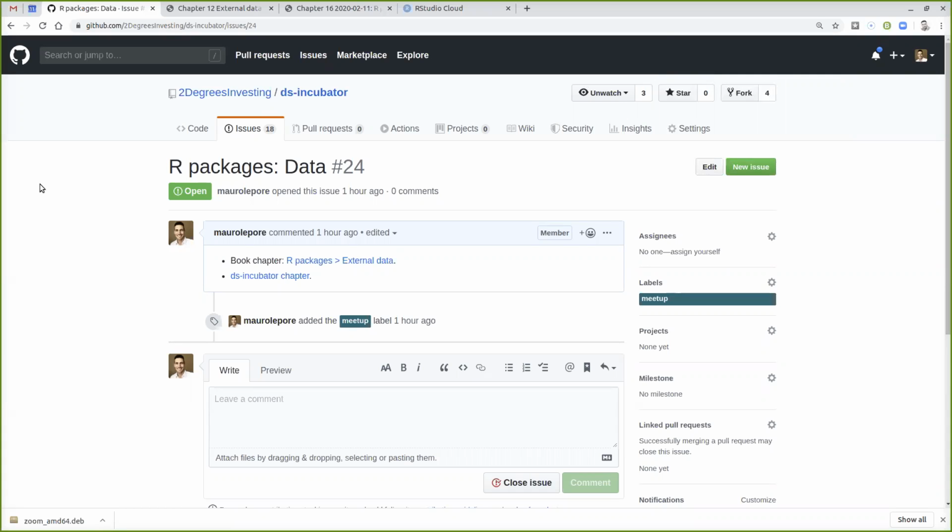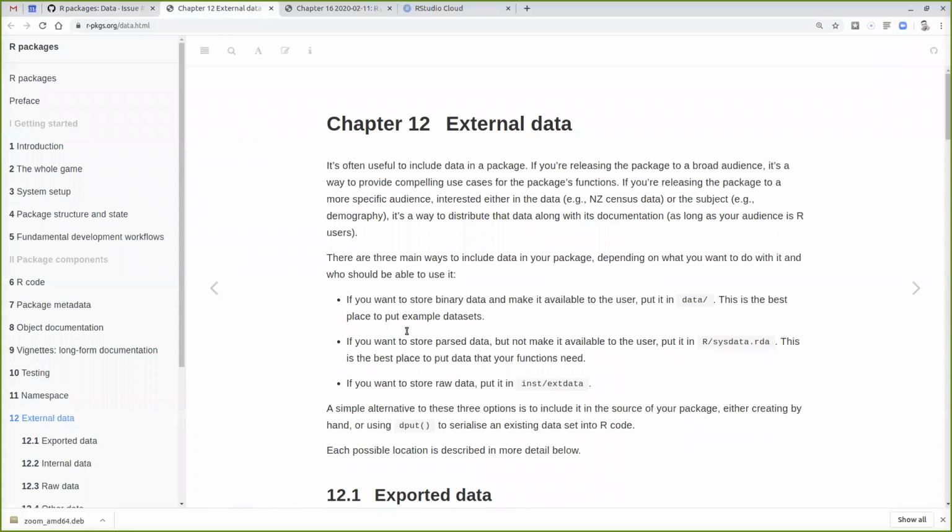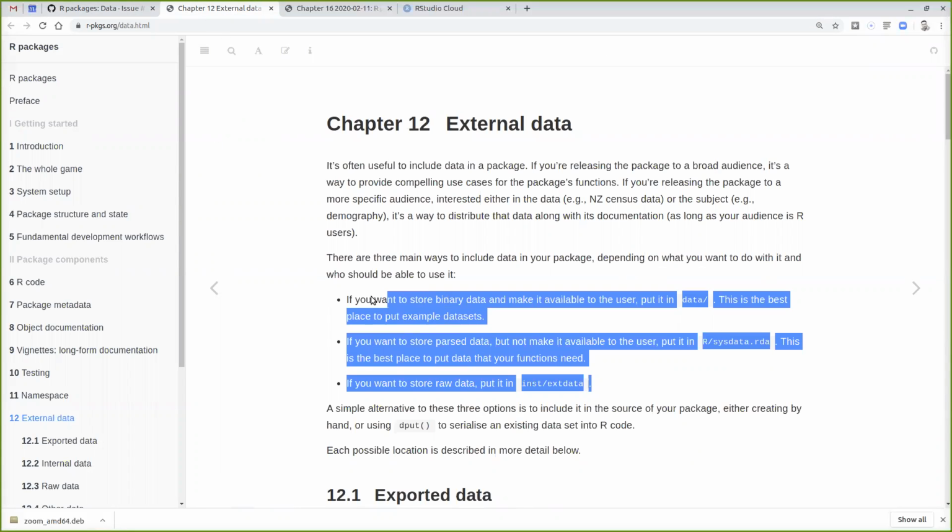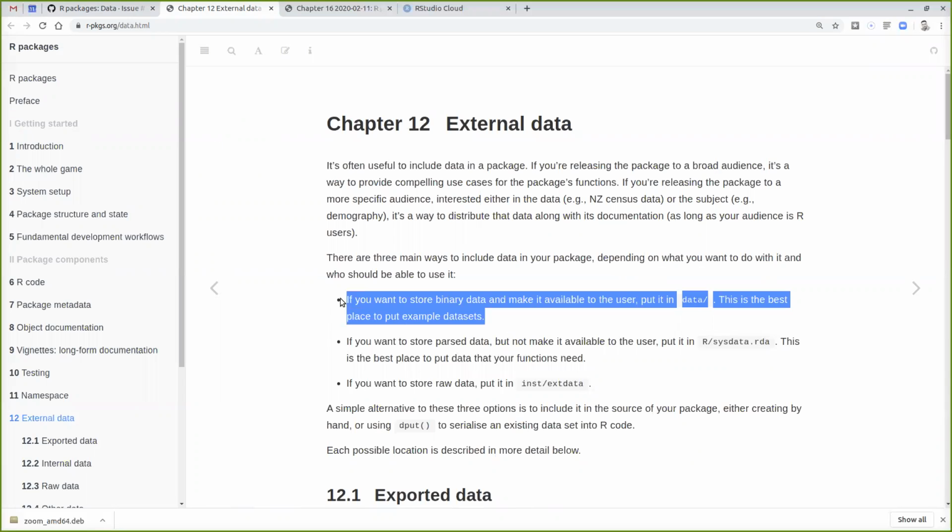So today we're going to be focusing on data. The meetup of today is associated to issue number 24 of the Data Science Incubator, and it is based on the book chapter External Data from the book R Packages. So basically, I'll be trying to cover these 3 dot points, which the chapter expands on, but mostly I'm going to be covering the first one, which is